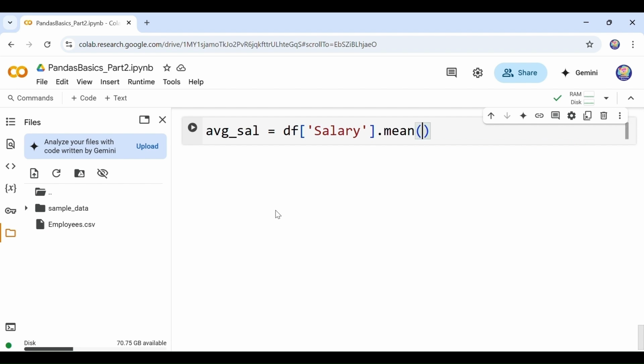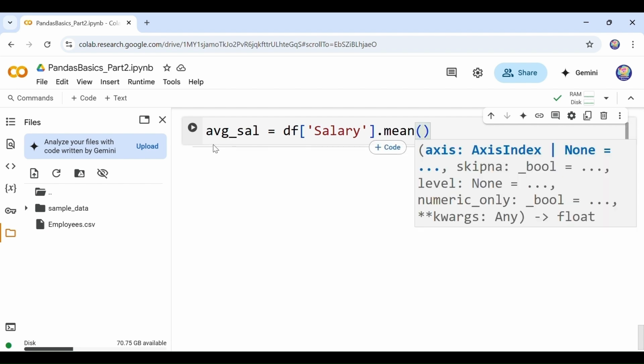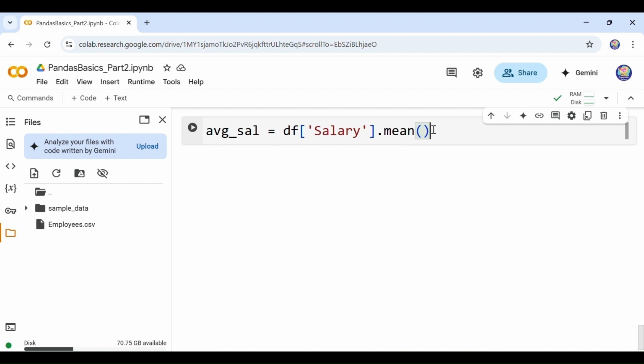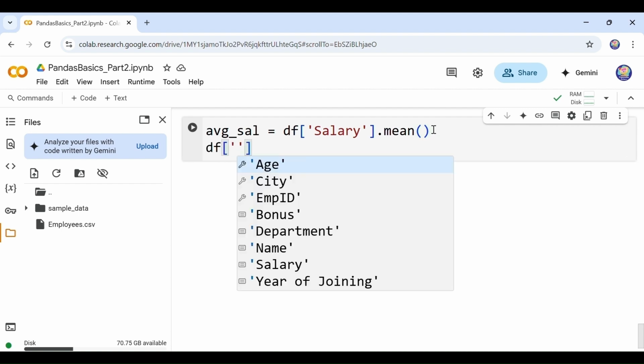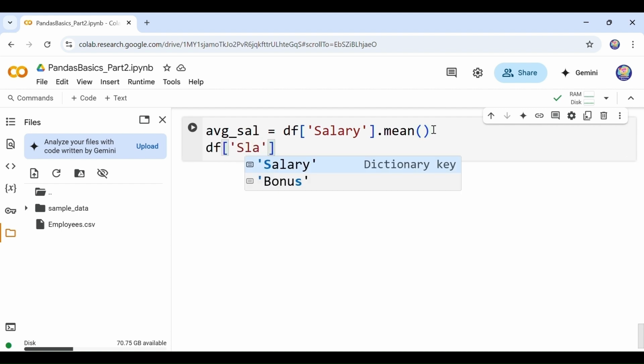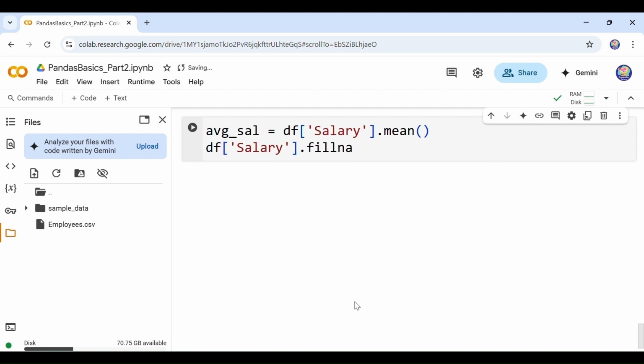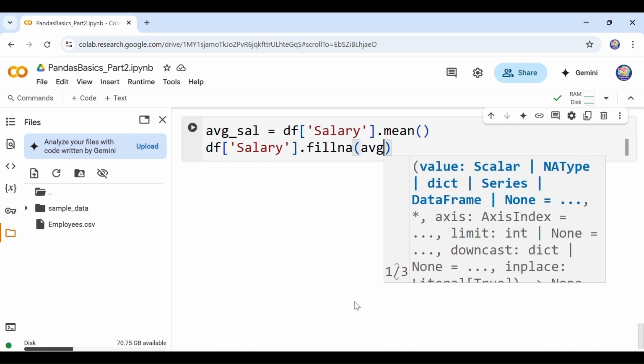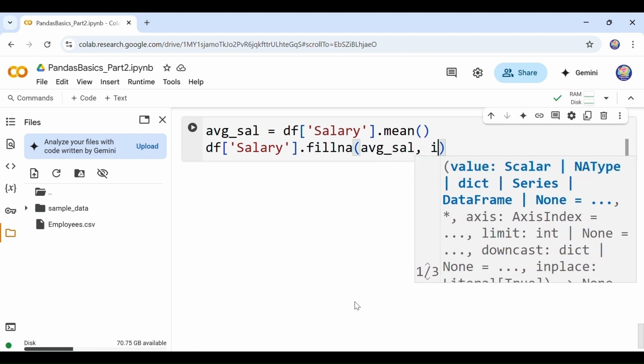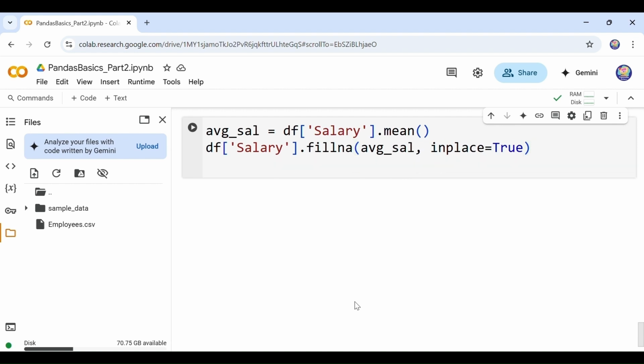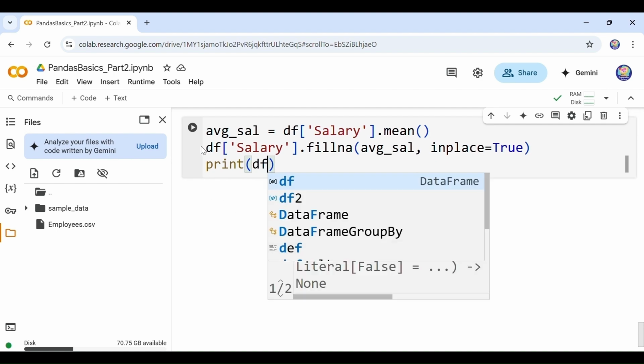So we are saving the average salary in a variable called avg_sal, and in the next line I am going to type df salary dot fillna, and then we pass here avg_sal and set inplace equal to True, and after that we are going to print our data frame, run the cell.